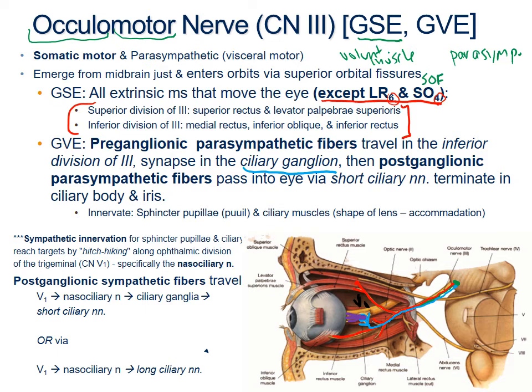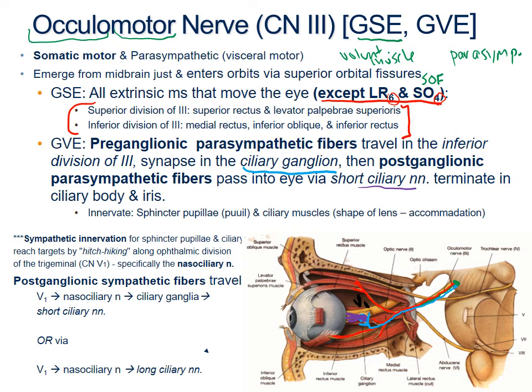So again, going back to the purple synapses, we have the synapse in the ciliary ganglion. We then have postganglionic fibers from cranial nerve 3 called the short ciliary nerves. They are going to get into the eyeball by jumping on and traveling with V1 to